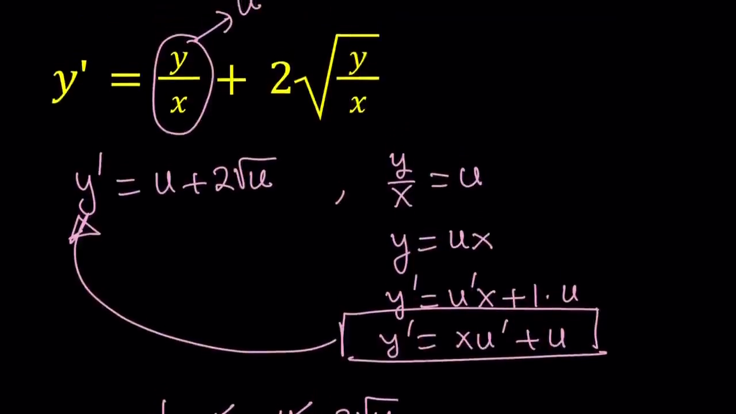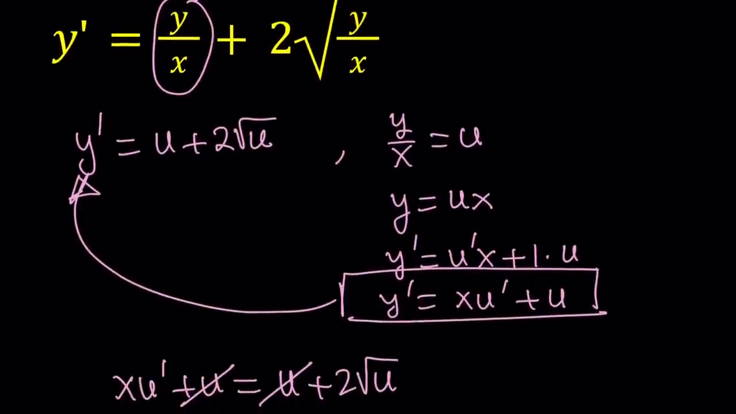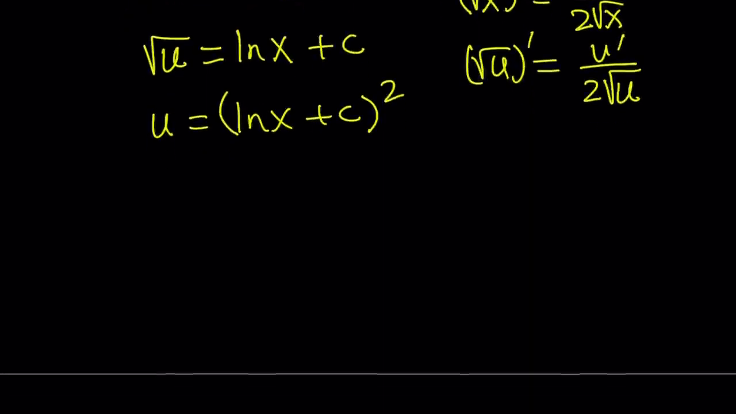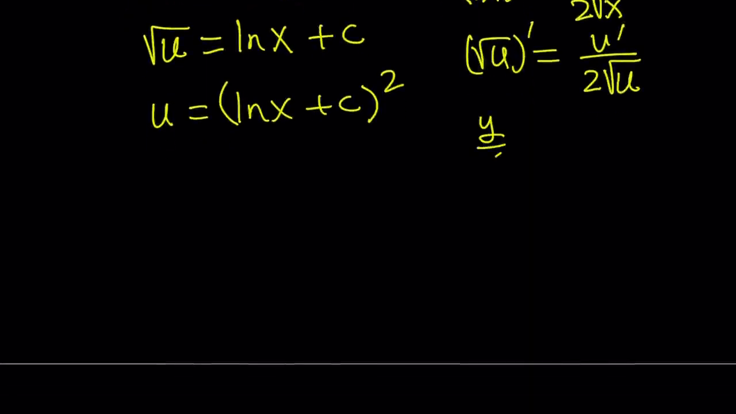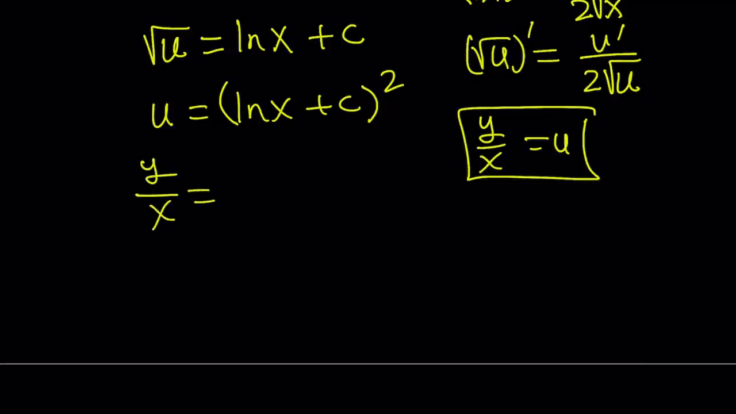And the relationship between x and y is what? Y over x equals u. So now we can go ahead and use this. Y over x equals u. Therefore, we can replace u with y over x. And then from here, since we're trying to solve for y,